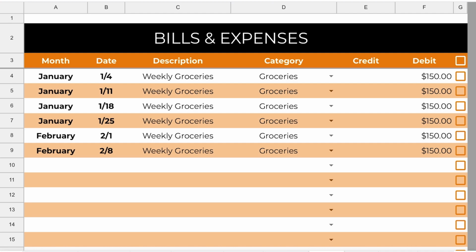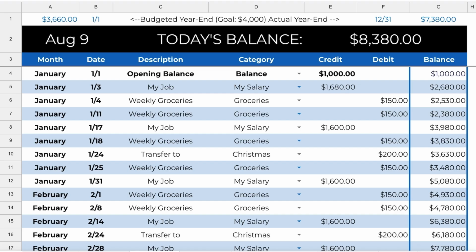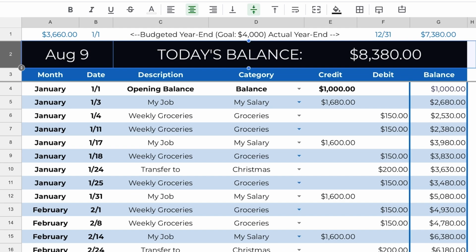Once you have your income, transfers, and bills, then we go to our balance tab. And this is where it all comes together in date order. So you can see, I'll point out a few things here. Number one, in row 2, it always shows today's date. So as I'm recording, it is August 9th, and it always shows today's balance,